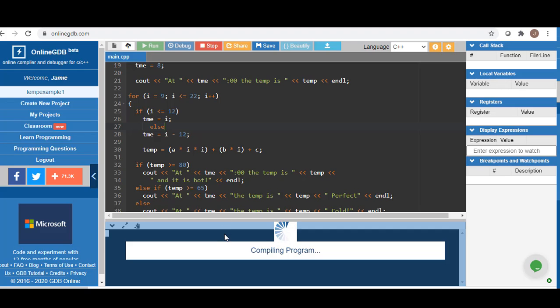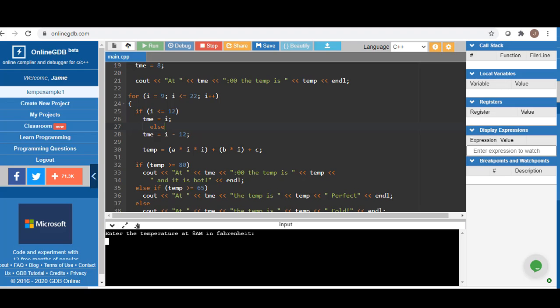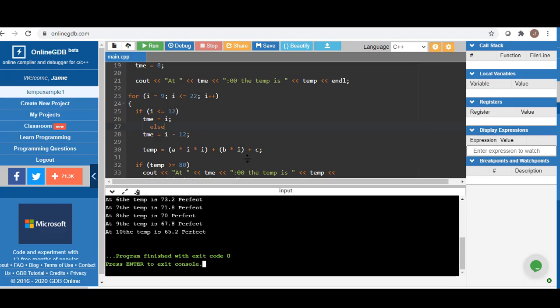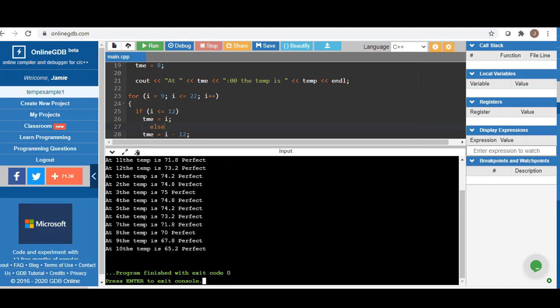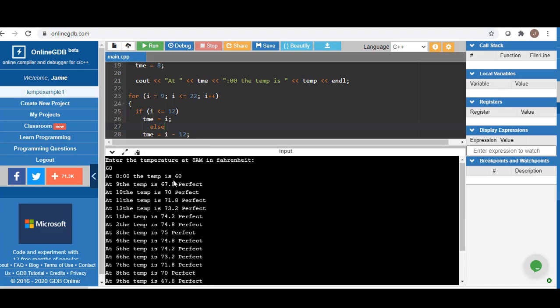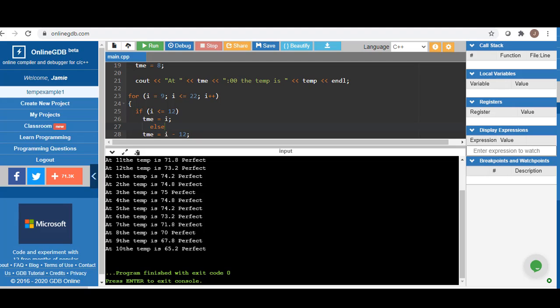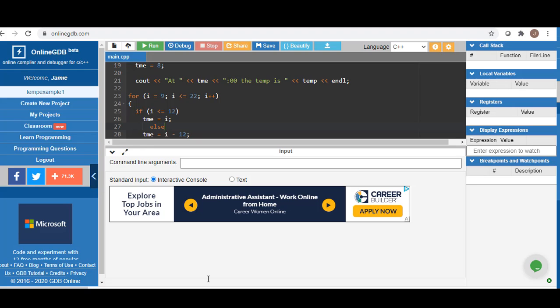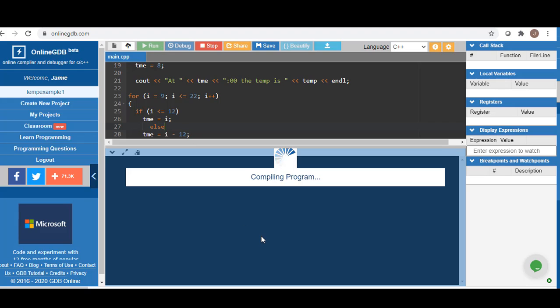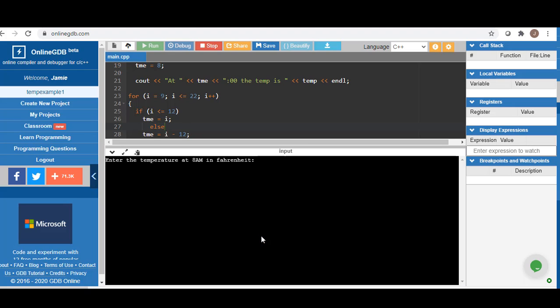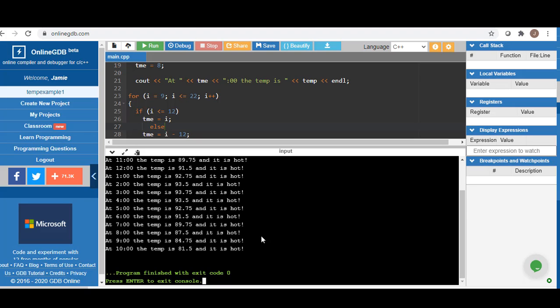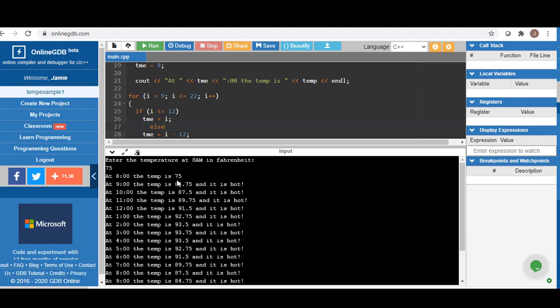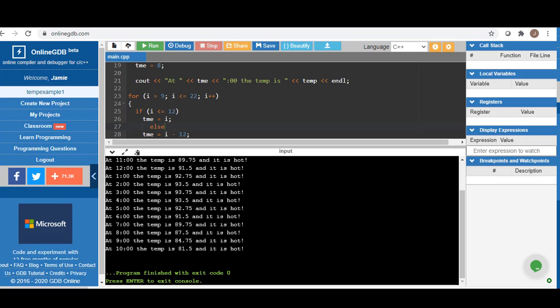So let's go ahead and run this again. And we have, let's see, let's start out super cold again. Yay! So now we're looping through. So we start out and it's super cold, and then it's warming up, perfect, perfect, and then maybe it starts cooling down a little bit towards the night versus if we had started it with some other number, maybe we'll start it with like, I don't know, 75 degrees. So 75 degrees, and it's jumping up all the way to like 93, and then it slowly comes back down